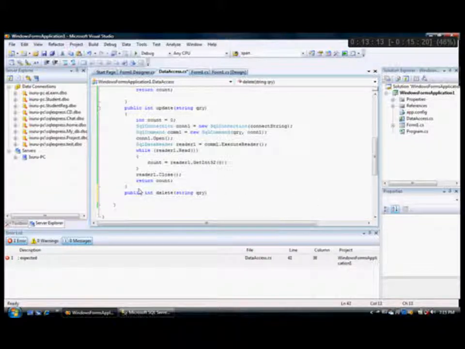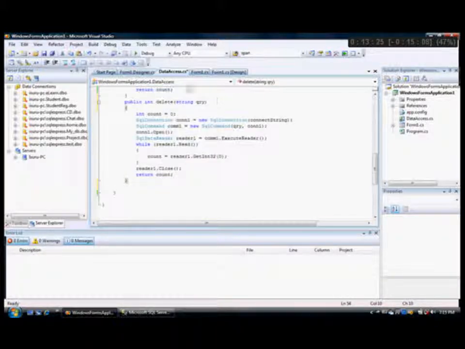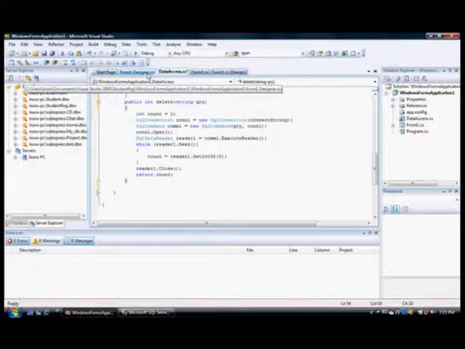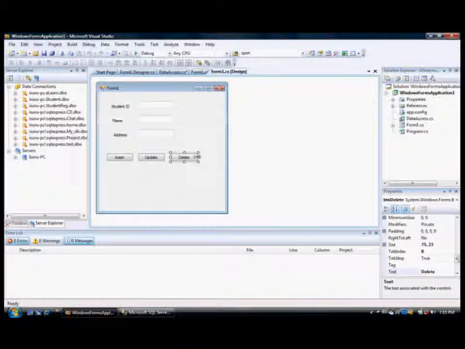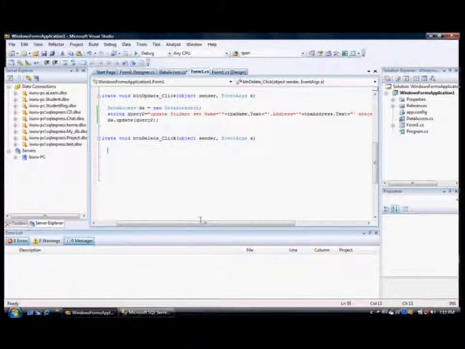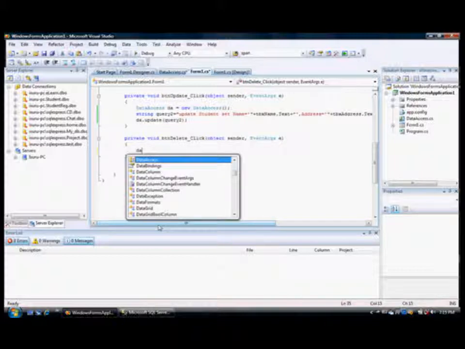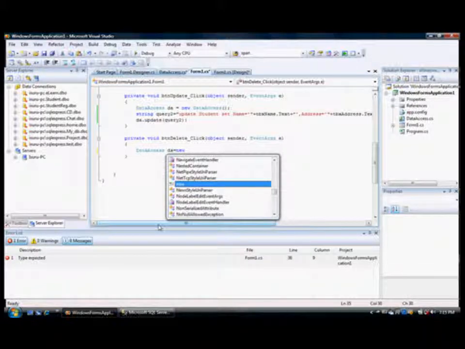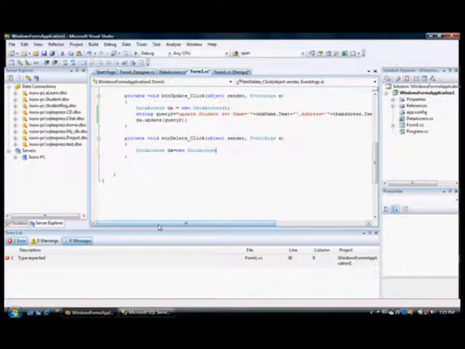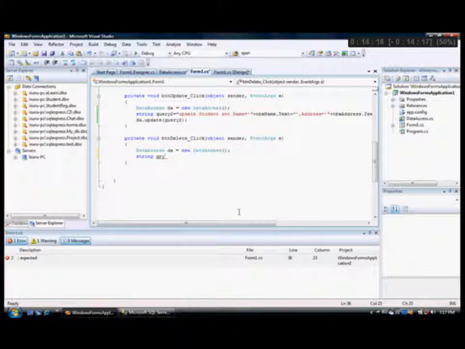Just as before, the only difference is the query. We are defining a delete query here. Creating the data access object and the delete query. Delete from